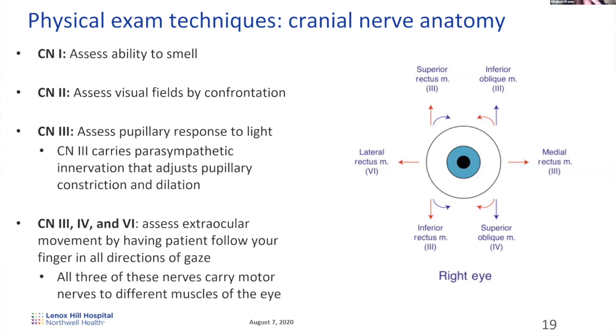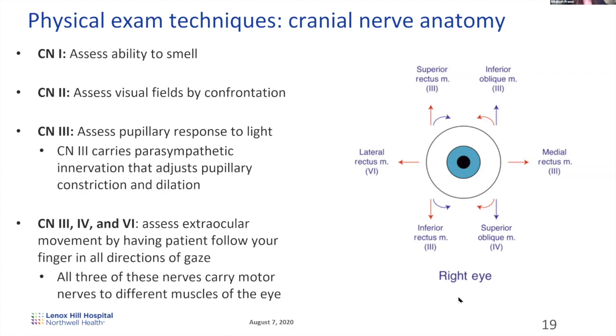Cranial nerve 2 is the optic nerve. So this is just your ability to see. This will be a very obvious one. You may not even have to test this, because a patient may come in complaining that they've lost fields of vision. And so if there is damage to the optic nerve, it's pretty obvious because the patient will literally lose their sight. The one way that sometimes doctors test subtle changes, though, is to have the patient keep looking forward,